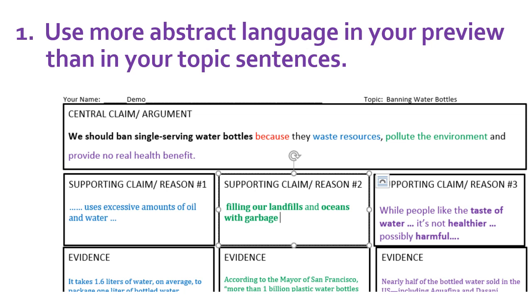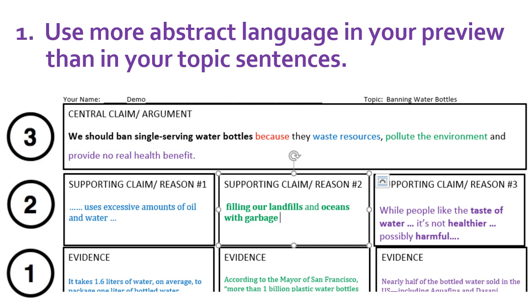In planning our essay, we started with specific pieces of evidence and grouped them with other pieces to find bigger ideas that were a reason to support our claim. We wrote that reason as a topic sentence. Then, we collected those reasons in the preview section of our claim. What I want to show you today is that as we move up the organizer from the specific evidence to the bigger ideas in the claim, our language choices change as well.